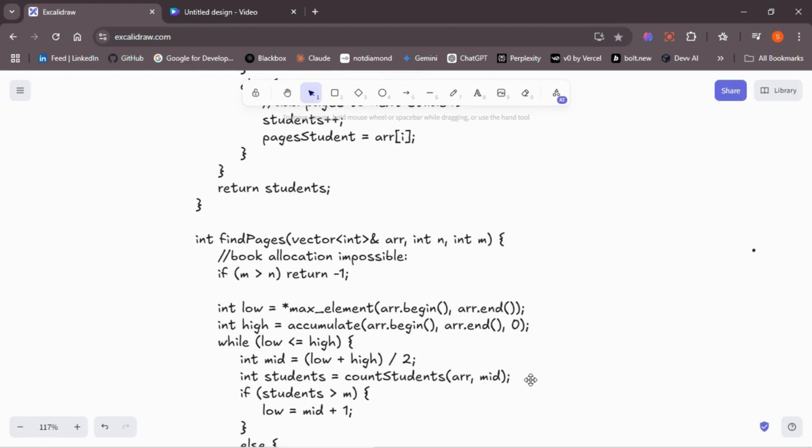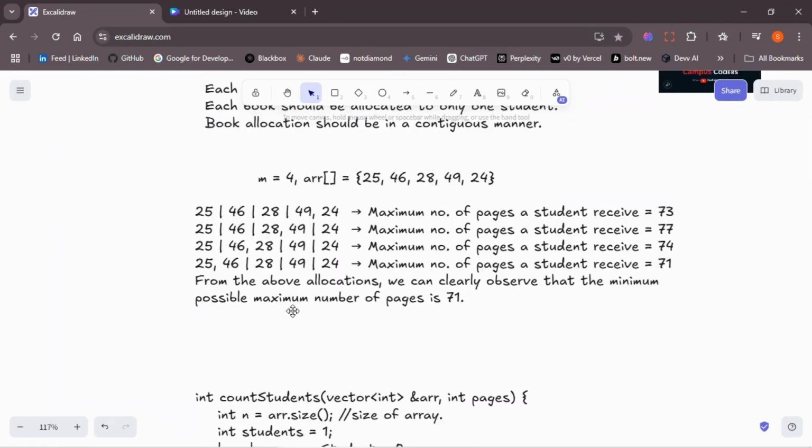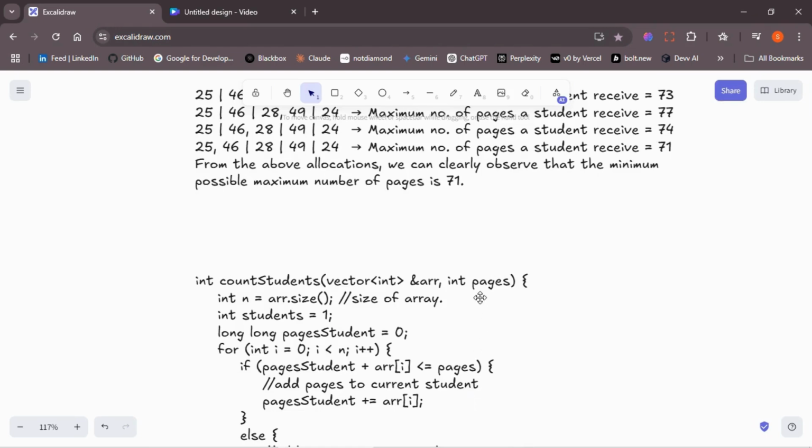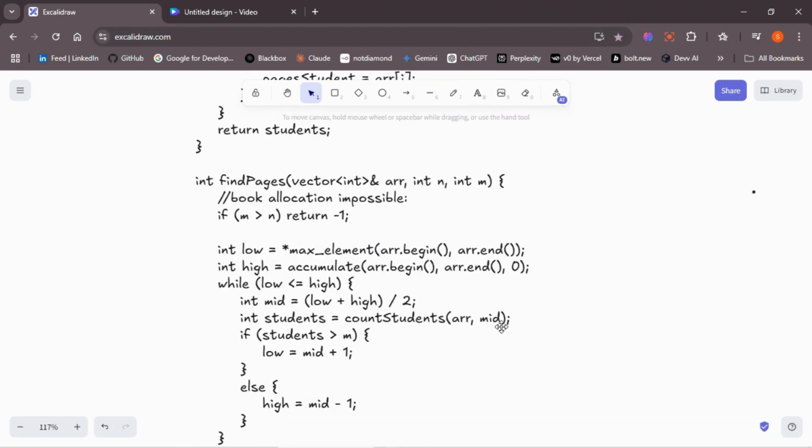So we are going to call a function, right? We are going to count the number of students such that the minimum possible maximum number of pages is the mid element which we are checking now in each iteration, right? So if it is greater than the number of students they gave, in one iteration,